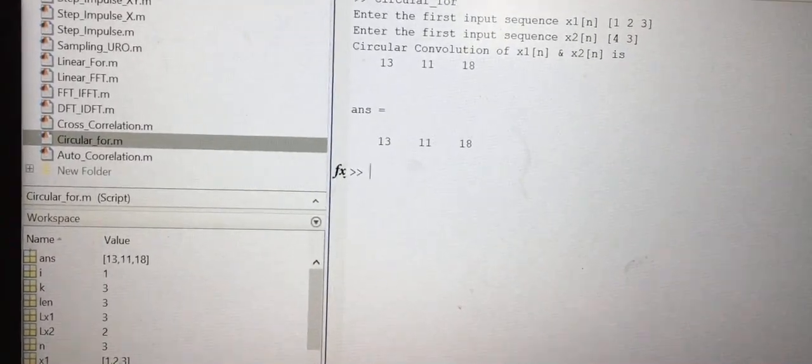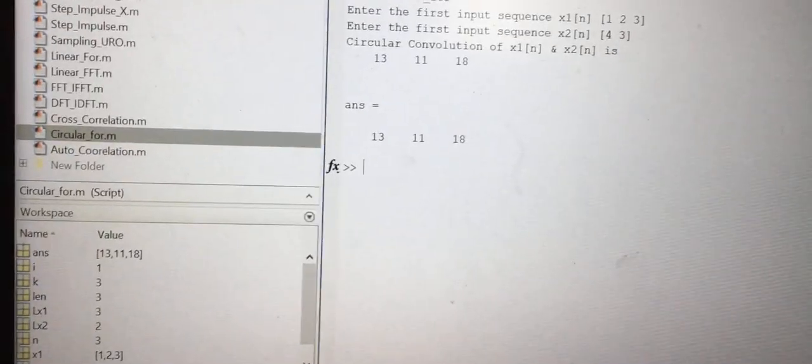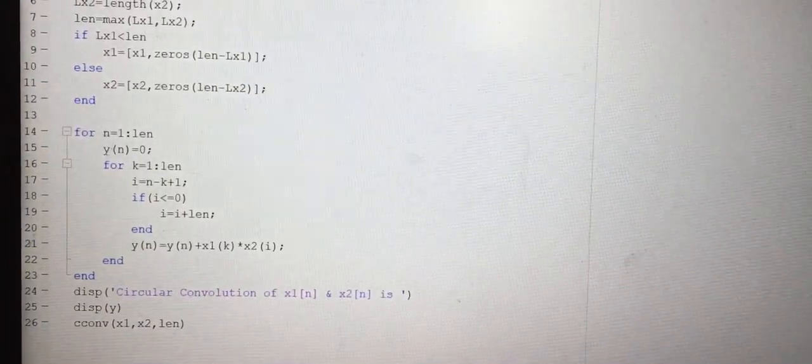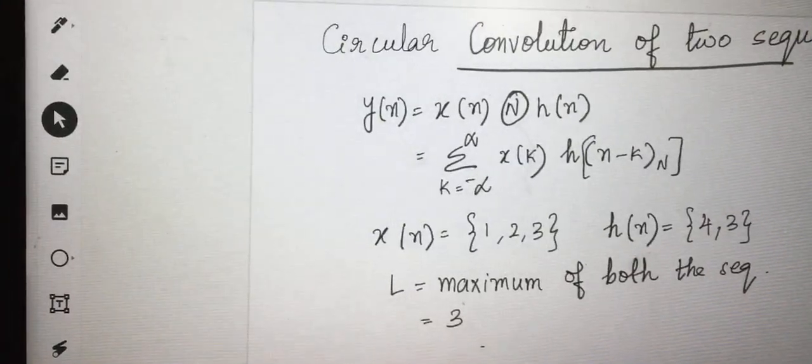Now, apart from the inbuilt function, using the theoretical method, we can use the matrix method. The first sequence is 1, 2, 3 and the second sequence is 4, 3.